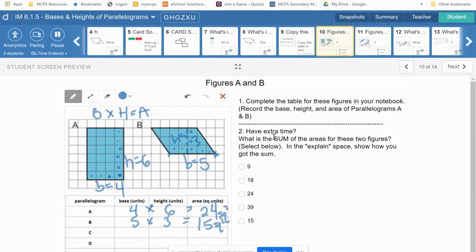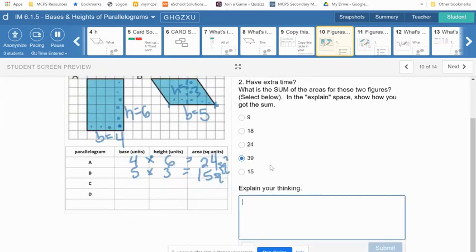Have extra time. What is the sum? And when you hear the word sum, what does that make you think of? Sum reminds me of adding, and that's the word we use when we are finding the answer to an addition problem. So they say, what is the sum of the areas of these two figures? So it looks like we are going to add the two areas. 24 plus 15. 9 is too low, 18 is too low, 24 is too low, and 15 is too low. Wow, I didn't even have to solve it. But if I was,